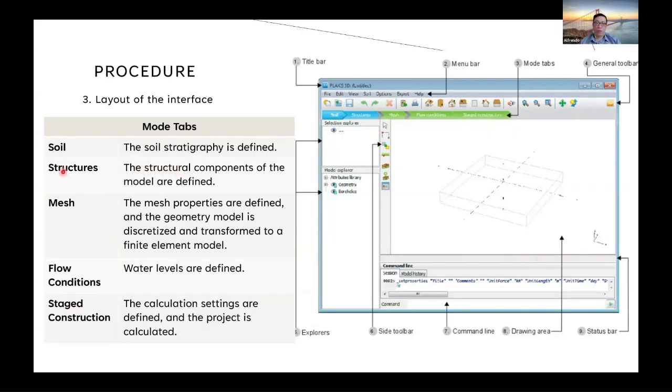And then after you finish the structural part, you can do the meshing. After meshing, under flow conditions, this is how you can define your water levels. Move on, then you can do the stage construction.